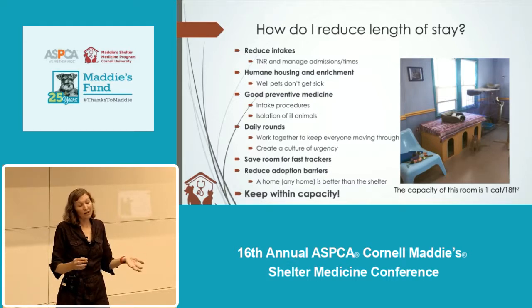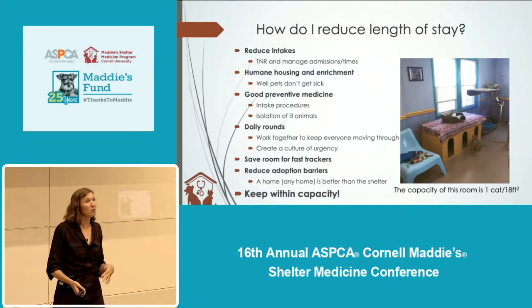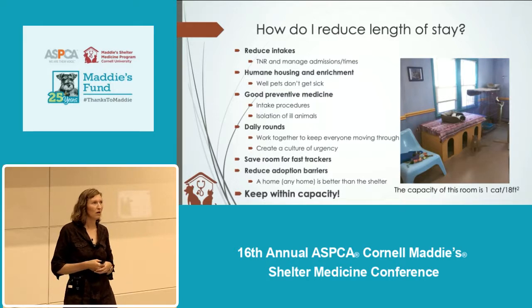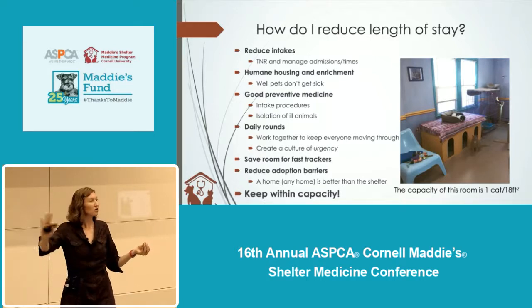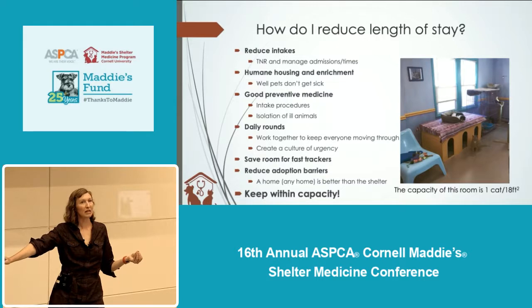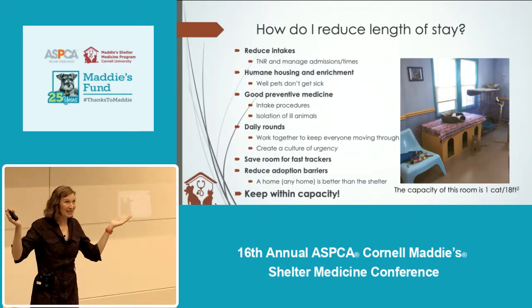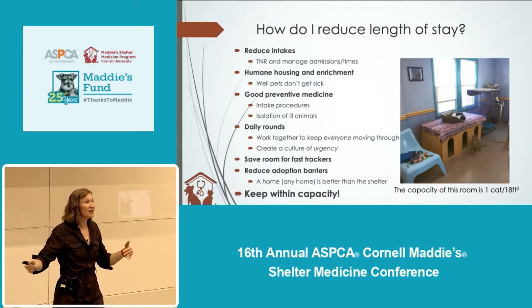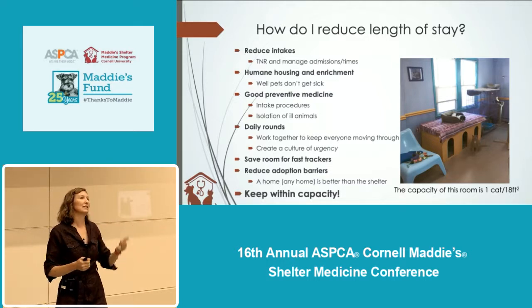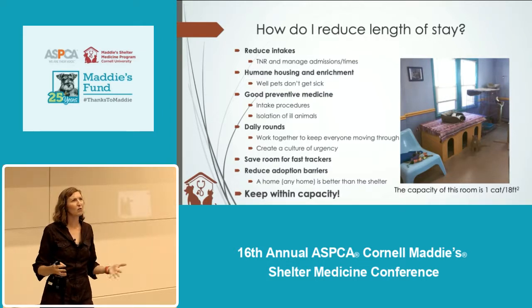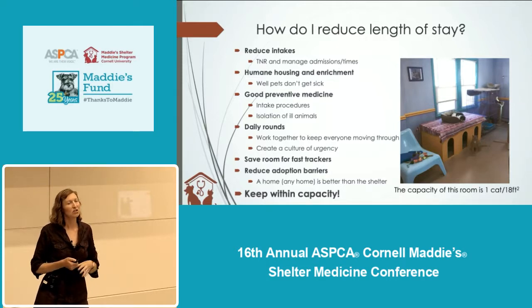It may not be the same way forever, so maybe you lose a transport partner. Now you'll have to recalculate your capacity numbers because your outcomes are going to be different. Or maybe there's another shelter that opened up across the street, and they're taking in half the animals that you used to take in. Woohoo! You don't have to take care of those animals anymore. They're being taken care of just fine. So now you can adjust your numbers based on your intake. Does that kind of make sense? So these numbers are not static. They're things you should revisit on an annual or every 6-month basis